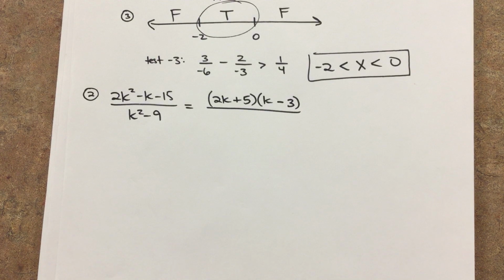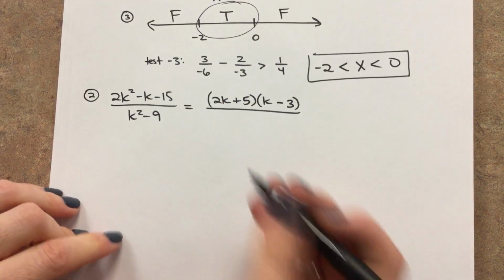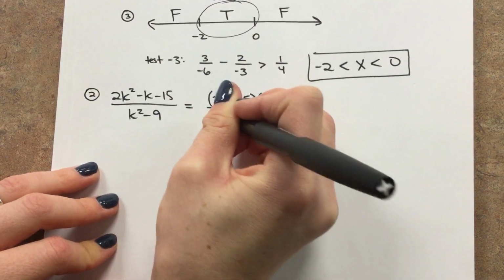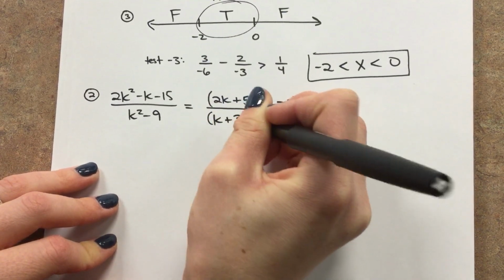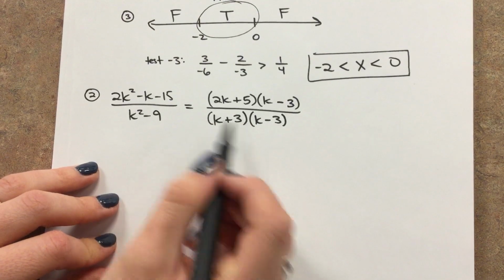So guessing and checking literally means just guess where the 15 might come from and then check to make sure that you get your middle term. And then this, the k squared minus 9, that's the difference of squares pattern. So that is k plus 3, k minus 3, so that the positive 3 and the negative 3 multiply to the negative 9, but then my outside and inside